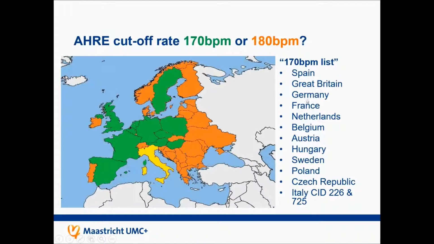It's Spain, Great Britain, Germany, France, the Netherlands, Belgium, Austria, Hungary, Sweden, Poland, the Czech Republic, and 2 sites in Italy. And all those countries use an atrial high rate cutoff of 170 beats per minute. So please pay attention to that when you are programming that specific parameter. And the other countries still have an atrial high rate cutoff of 180 beats per minute,